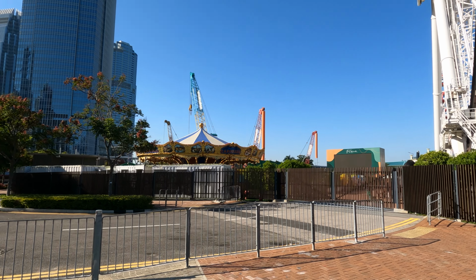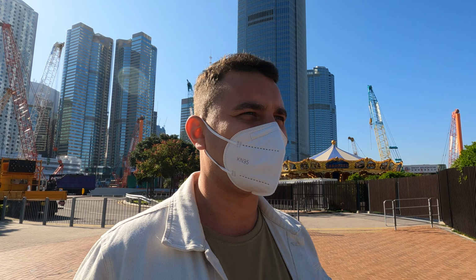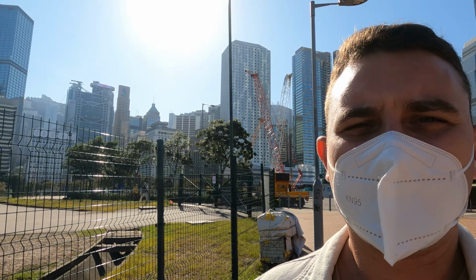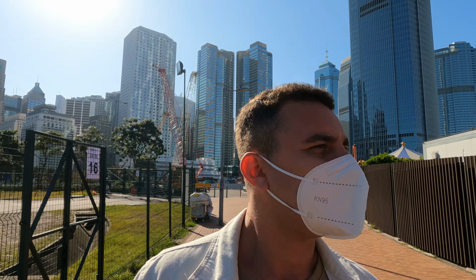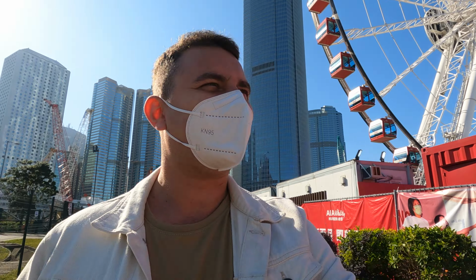And a little mini amusement park. And that's it. That's what you get to see here. So we're at the Central Harbour event space. That's what it's called apparently. And we're going to go make a walk through the buildings that we just saw. A little business district over there. And see whatever happens. Look at this, guys. Wow,